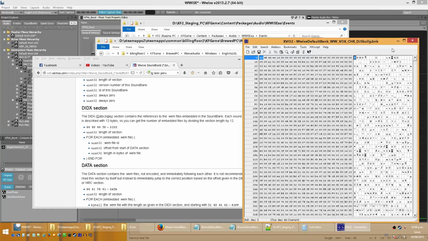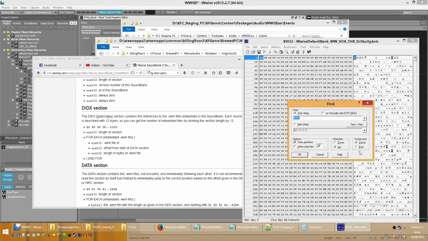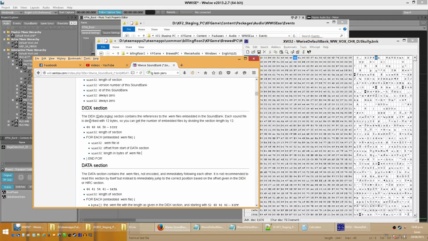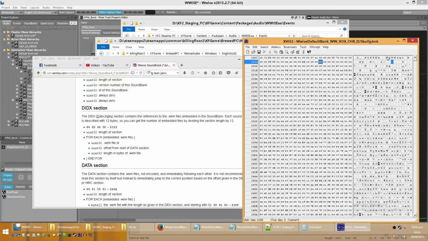And this is Skully. I'm searching up again, I guess. Down. Riff. If you see, you can easily see the start of the header wave. And here after riff, you get 4 bytes. And I believe these are the 4 bytes that mark the length of the file. If it isn't, then you can always go back to this, because you will always find the length here. But you can see very clearly that this is the start of the file, because it starts with wave, and